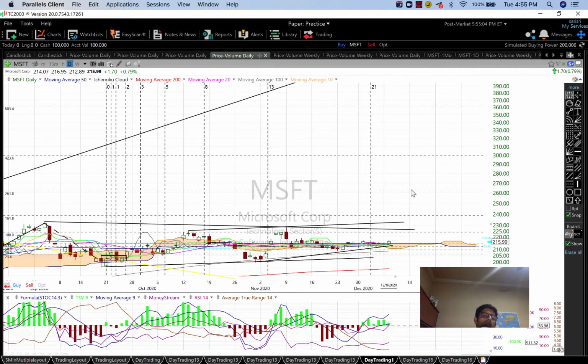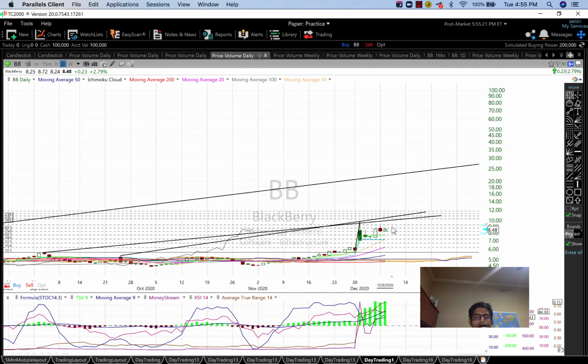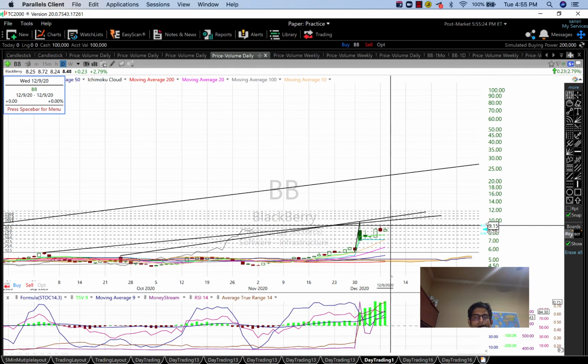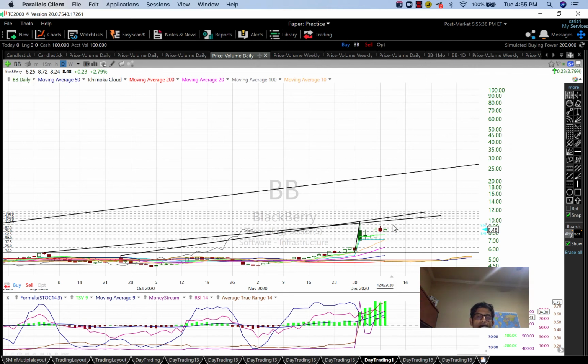Okay. So these are some of the long-term ideas that I wanted to discuss with you guys. And on some of the updates, one of the things I wanted to talk about is BB, which we mentioned in yesterday's video. It is going up and down, and it is trading here. We are expecting the first move to 925, and hopefully we could get a double on our option prices around this area, and then we might exit, because it might take some considerable time to go here. So let's see what happens tomorrow. It all depends on the price action.